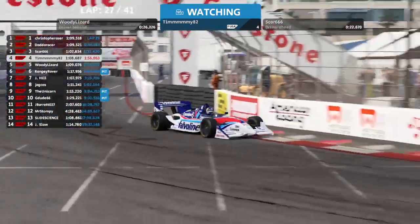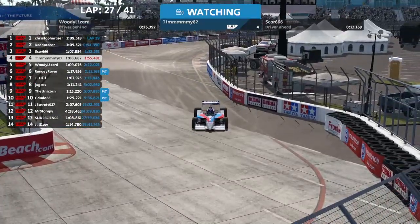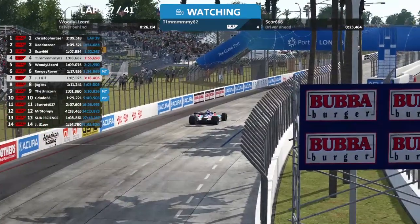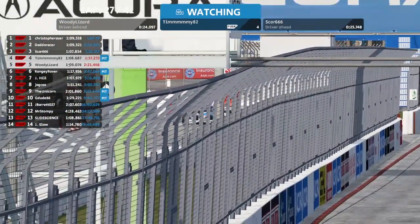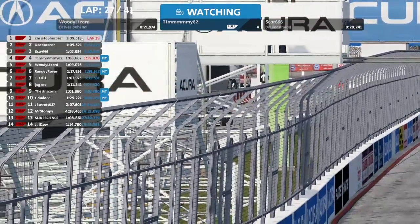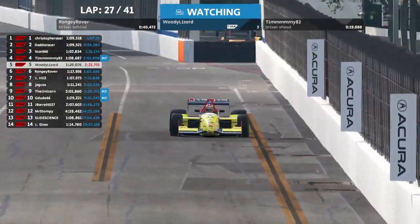So there's reports, and it is confirmed, that the fuel rig had a problem. They sent him out to see if he could get around to do one more lap while they tried to get their rig sorted, but he just couldn't get around for another lap. So that was unfortunate. As Timmy comes into pits, we see Woody Lizard